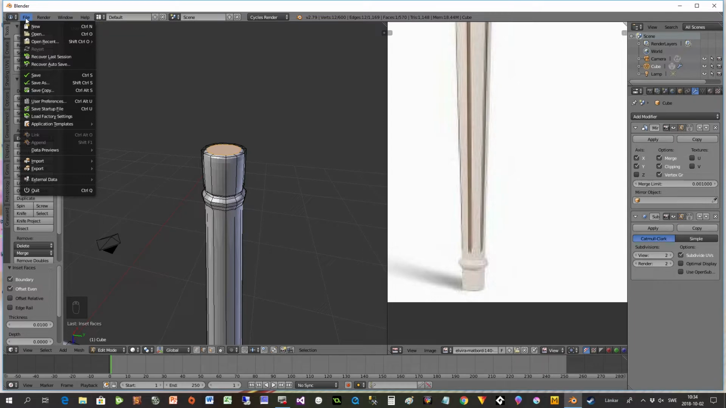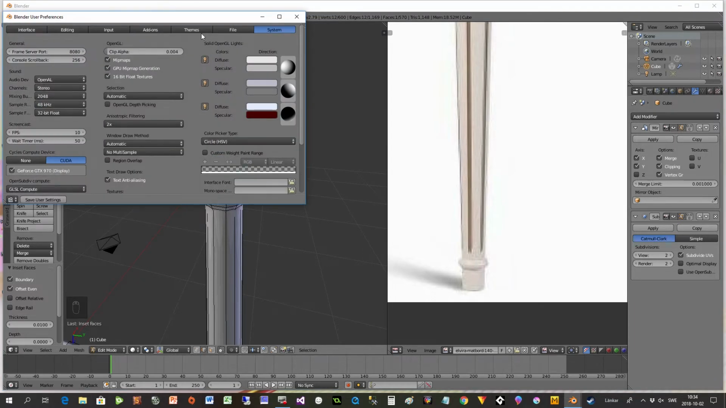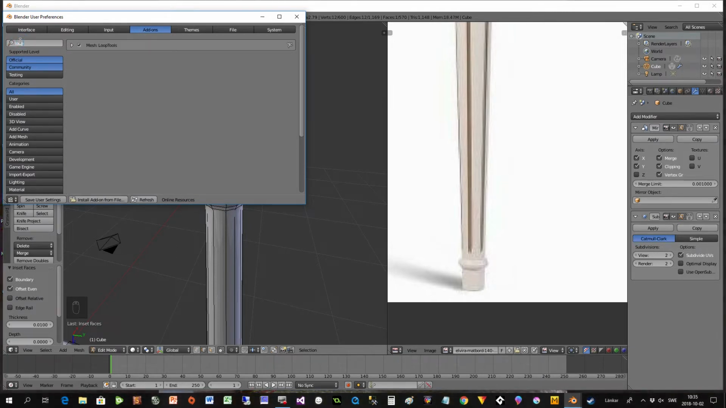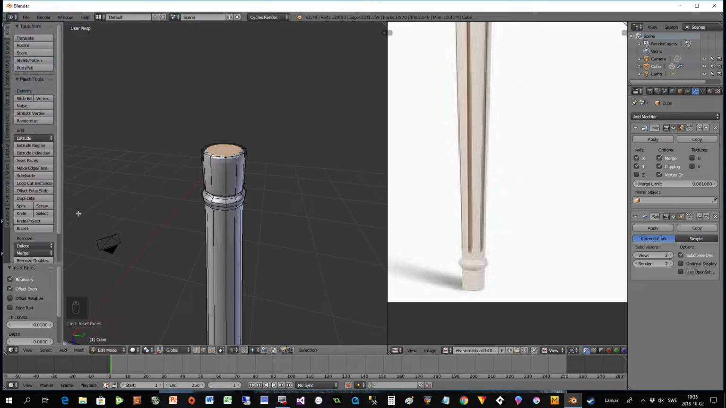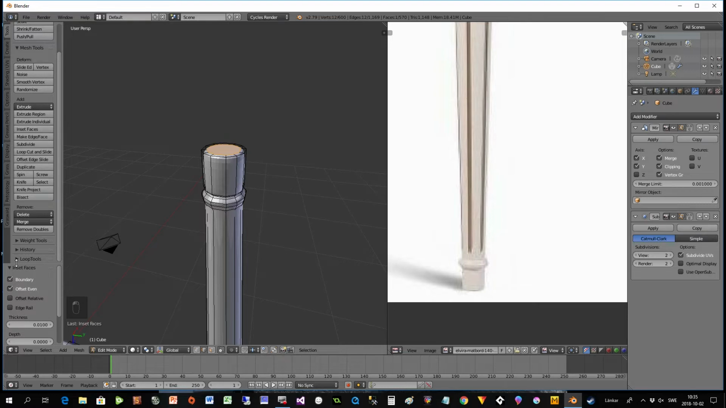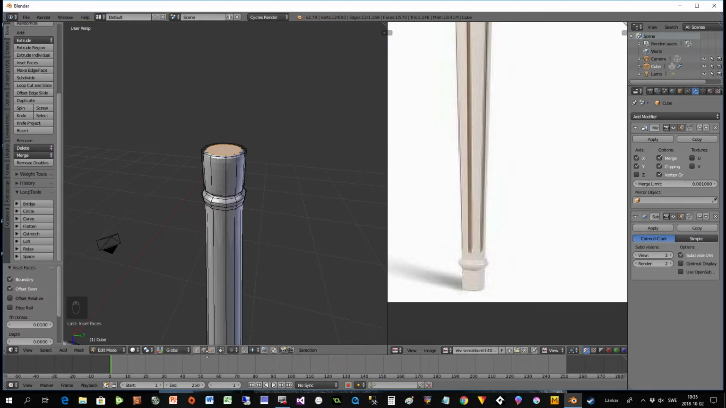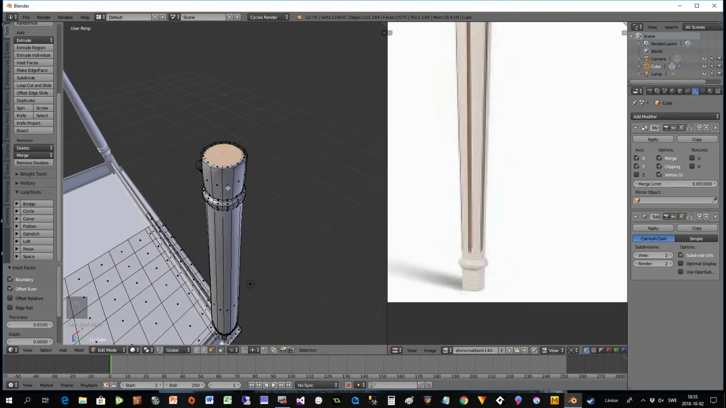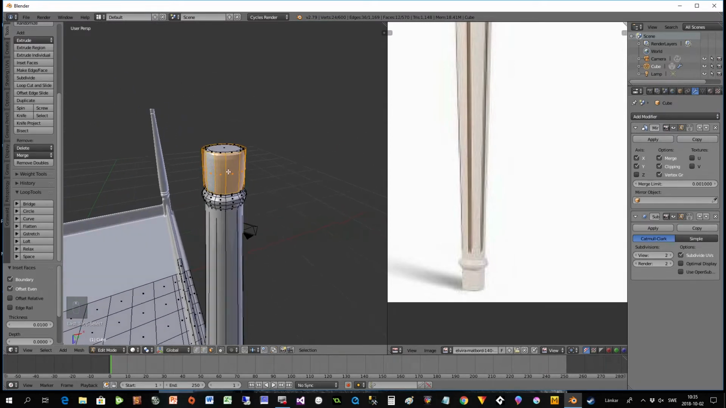If you haven't, go to File, Preferences, Add-ons, and search for Loop Tools, and then you get this one. Press the checkbox, then save user settings, and now you have Loop Tools, because there are a lot of tools that could be really good to work with. And here you have Loop Tools, as you can see. In this case I will use it, so I just select all these here,